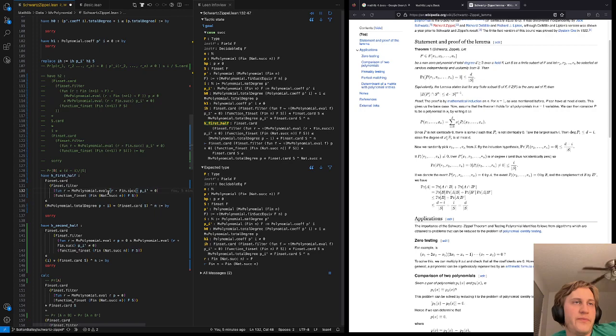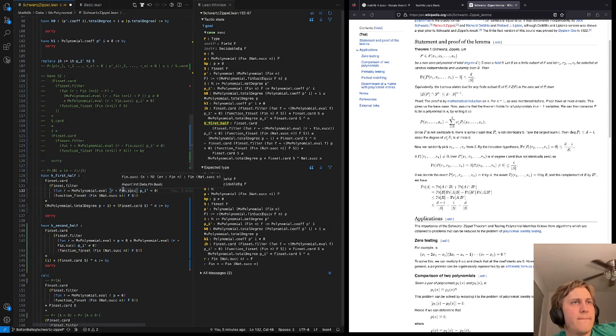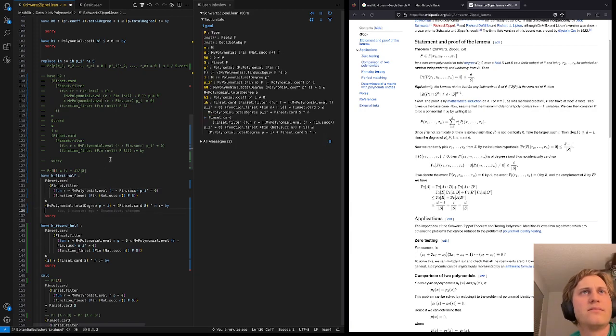So this, then, is a function that takes fin n to fin n. So fin n suck, right? So this is, yeah, let me just,